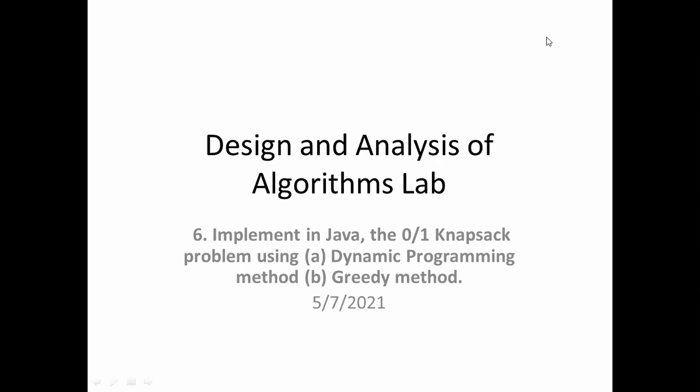Okay, the dynamic programming method uses 0 or 1 knapsack and the greedy method uses fractional part of the items, right? So for the greedy method we are going to use fractional part, and for the dynamic programming method we are going to use 0 or 1 knapsack. Okay. So the 0 or 1 knapsack problem we have discussed in the last class, right? Let us discuss it with the program.